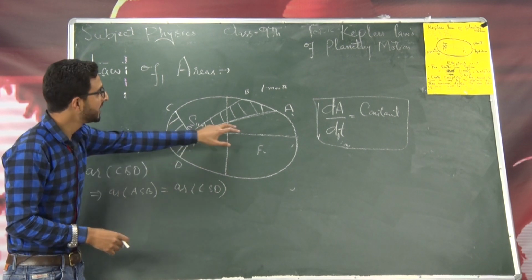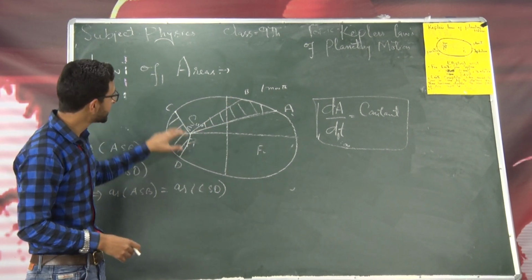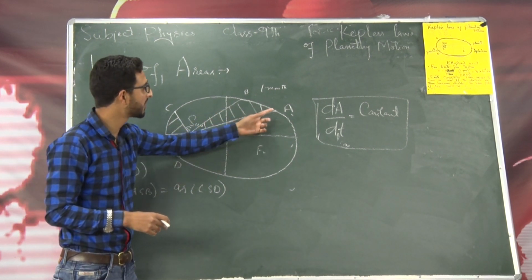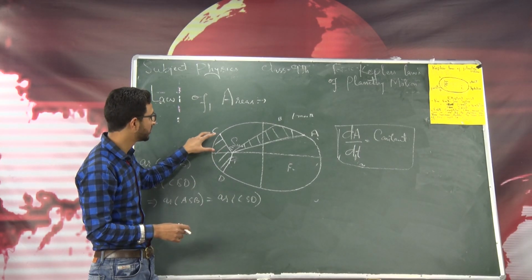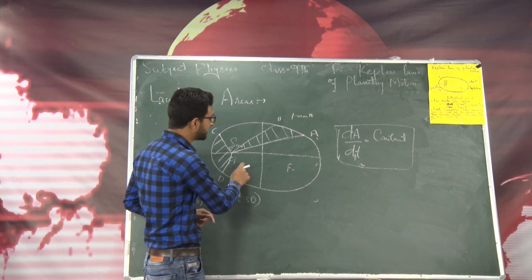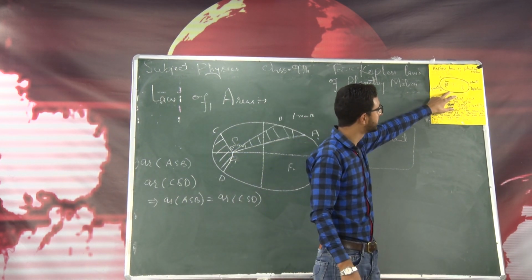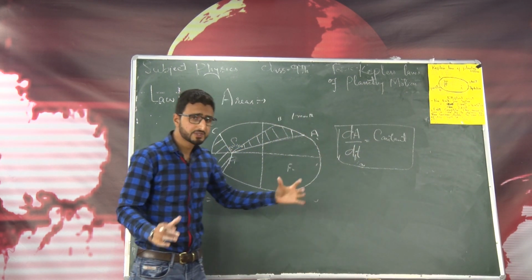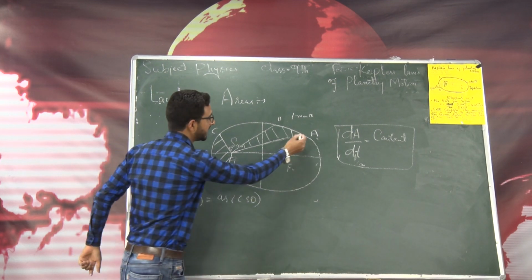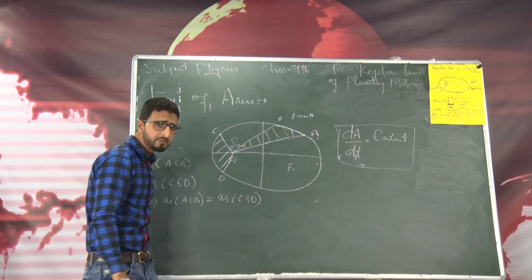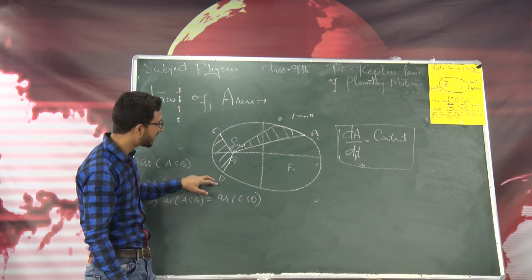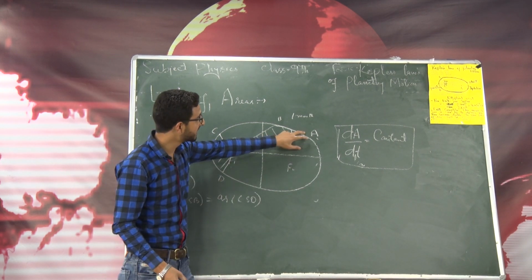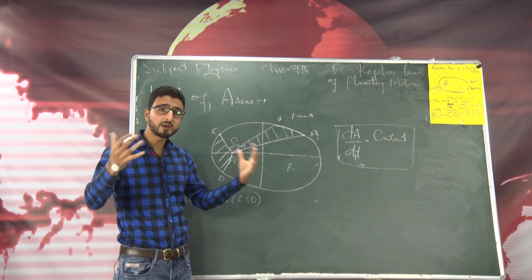So if the area of sector AB is equal to the area of sector CD, then the planet takes 1 month in moving from A to B and again 1 month in moving from C to D. Now you can see from this very ellipse, the path followed by the planet, that the length of the arc AB is smaller than the length of the arc CD. Conversely, the arc length CD is greater than AB, but the times of travel are the same